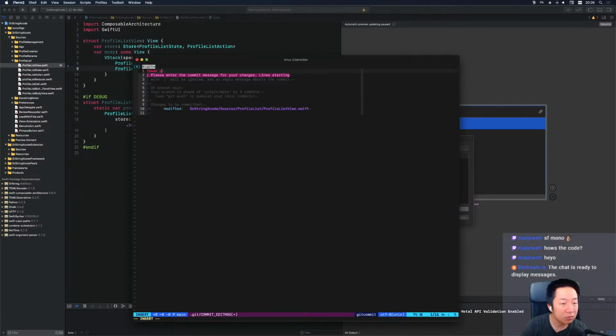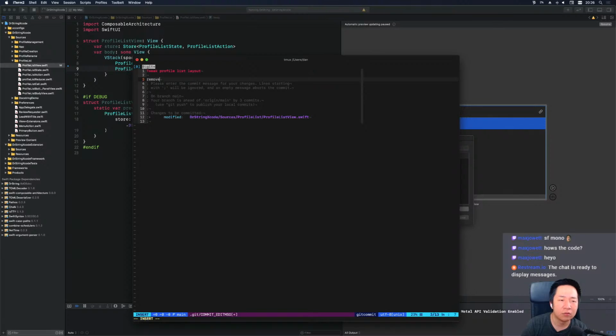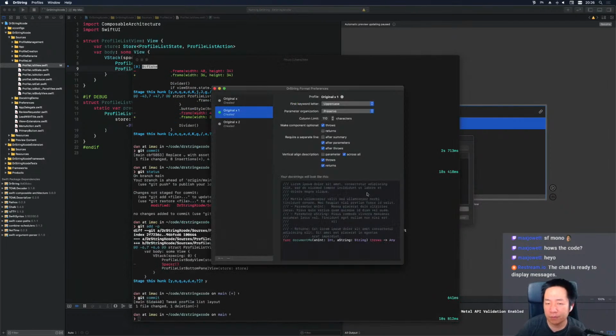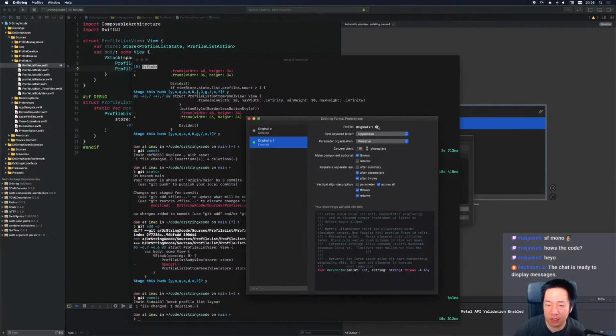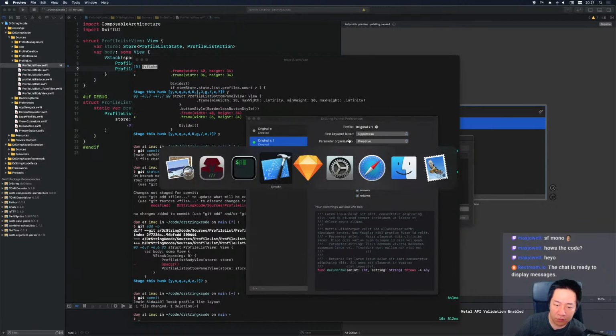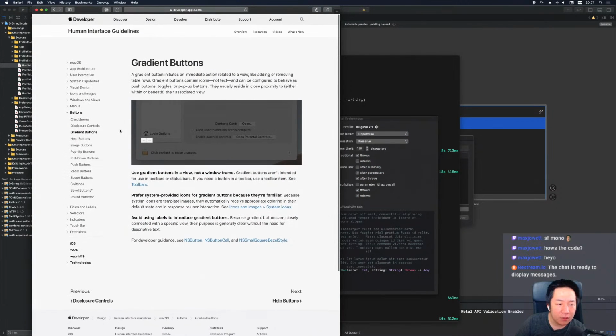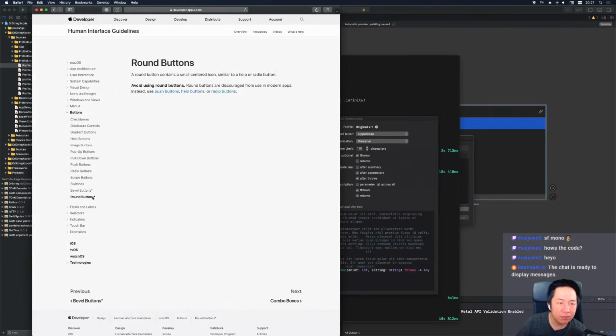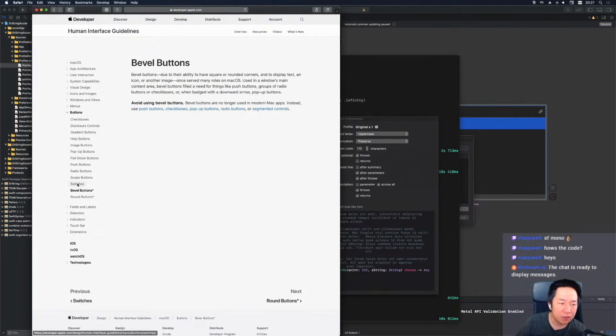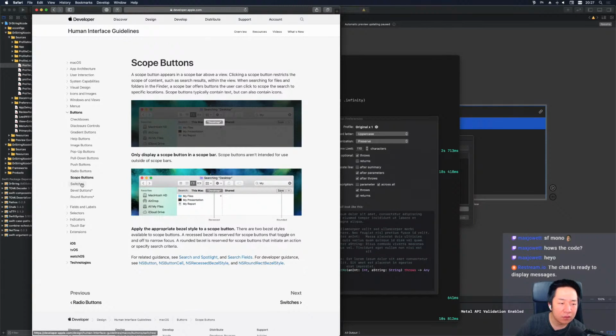Tweak profile list layout. No spacer. Okay. All right, so this gear, move it here or turn it into, I think it's called round buttons. No, not this, not this. Ooh,